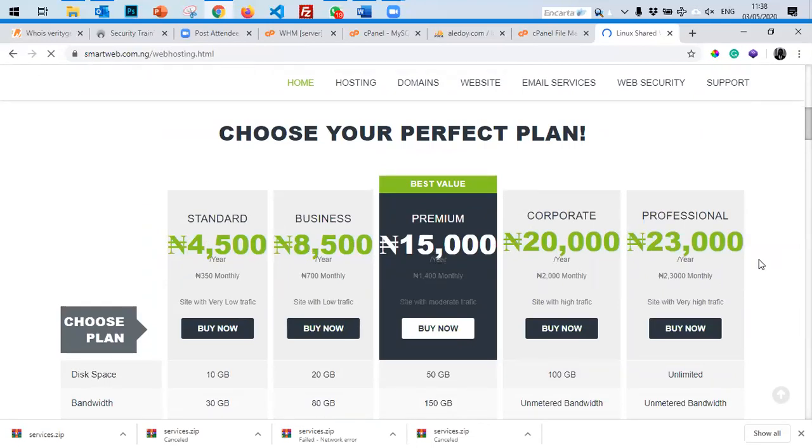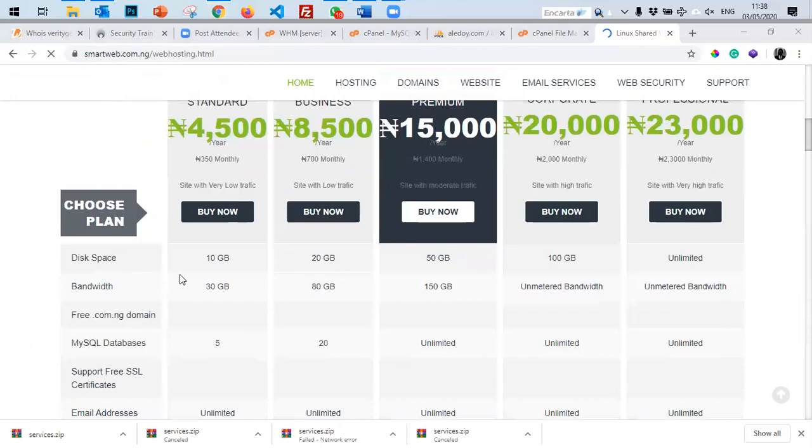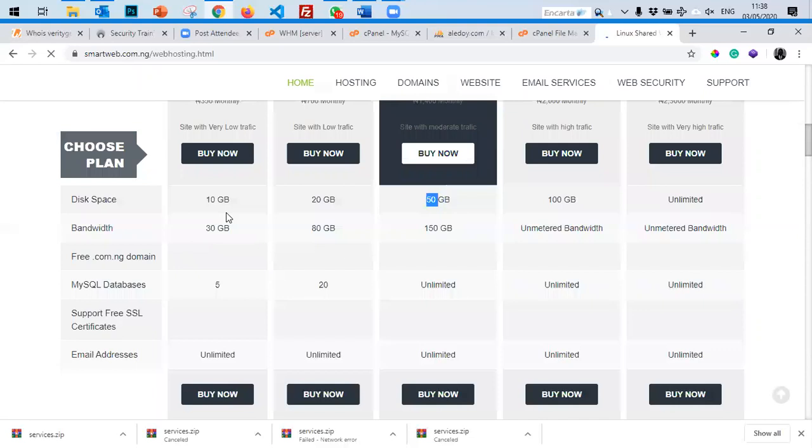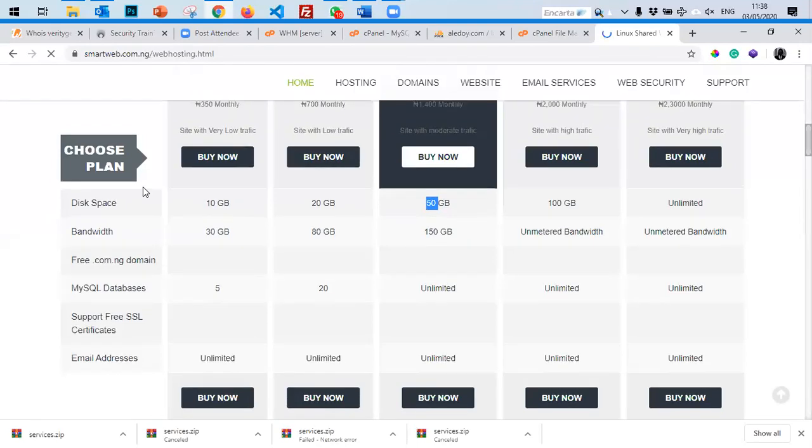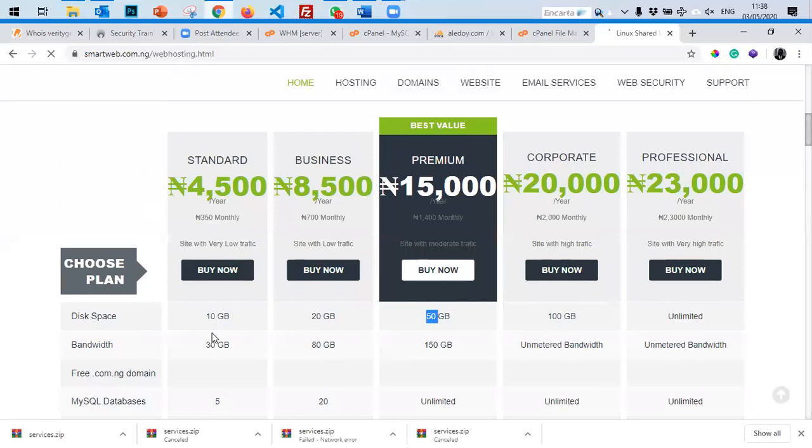So what's the difference between them is usually stated here. So this one has a 10 gig disk space. This one has a 20 gig disk space. This has a 50 gig disk space, 100 gig disk space, and the rest. So when you finish designing your website, you will know the kind of space that you want. At our level now, as starters, you definitely will be working with this first plan, because if you look at the website you designed